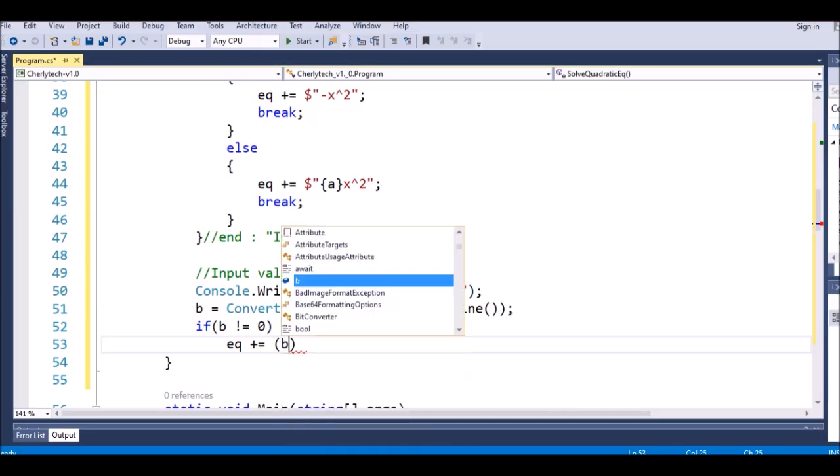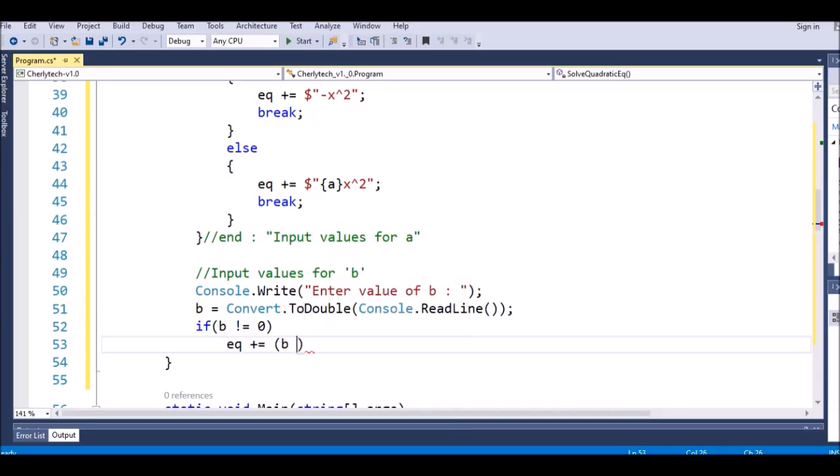So if b is greater than 0, then it will be plus b, like this. This means that we will show the value of b to the console like this, and then we add x like this,